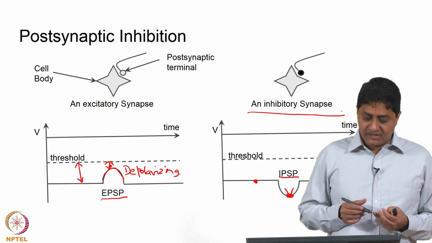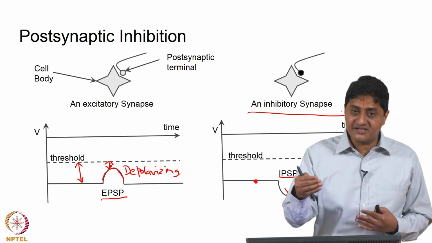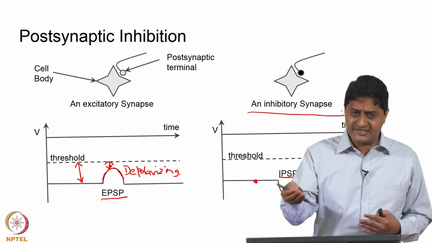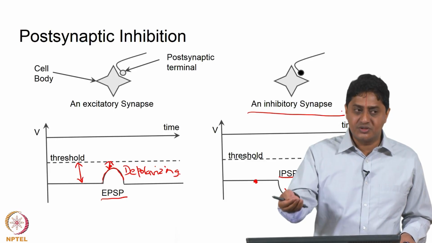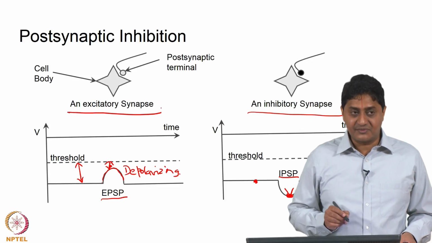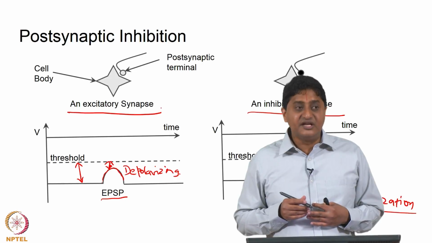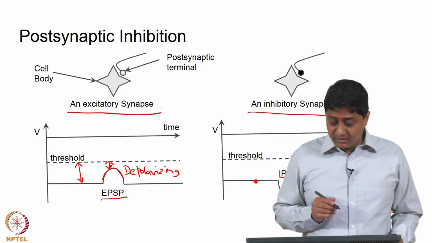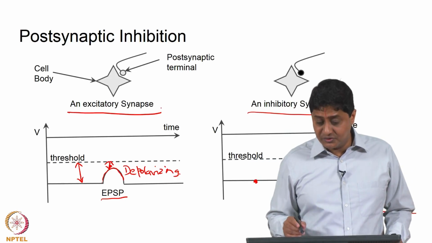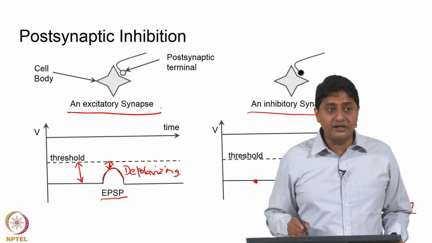So, synapses that cause a depolarization, where the postsynaptic neuron or any excitable cell goes to threshold and produces an action potential, are called excitatory synapses, and those synapses that reduce the probability are called inhibitory synapses. And this inhibition can be caused due to chemicals or can be due to other mechanisms.